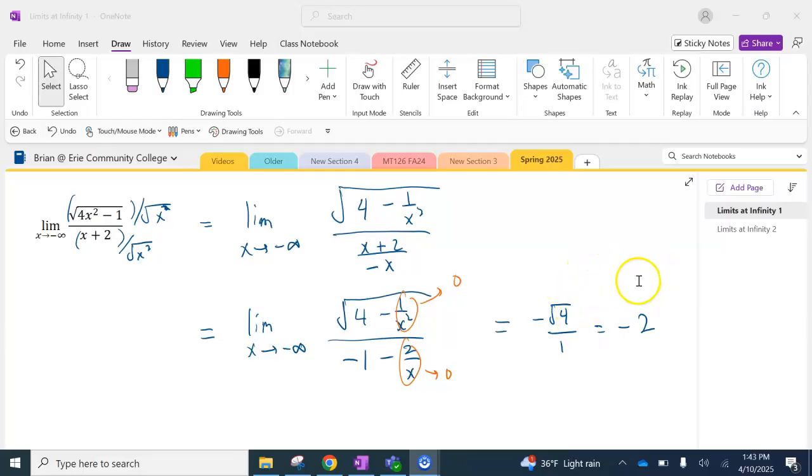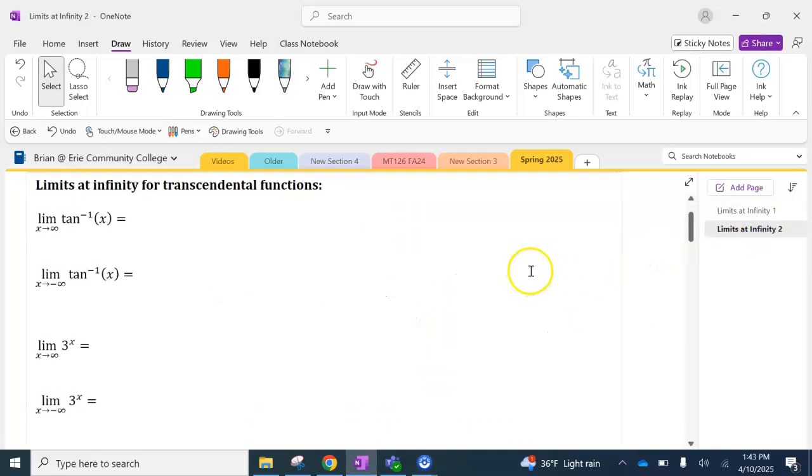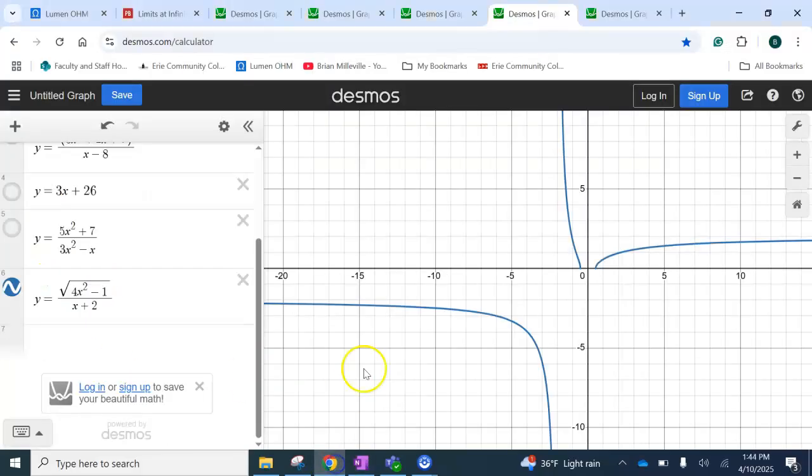Let's start the discussion on limits involving transcendental functions. So I'm going to switch pages here. Limits at infinity of certain transcendental functions. Let's start out with inverse tangent. All right, and it's got a different limit as x is going to positive infinity versus negative infinity. Looking at the graph here